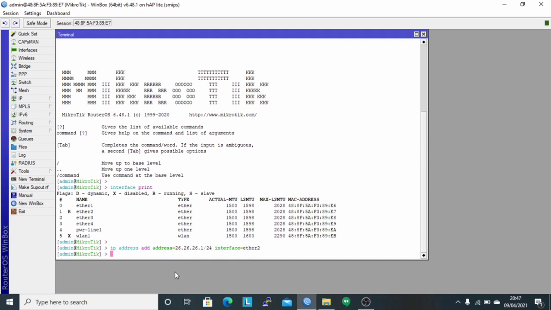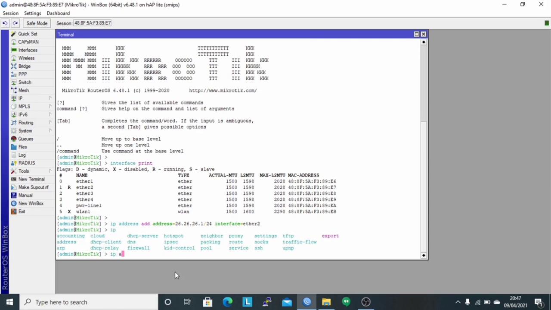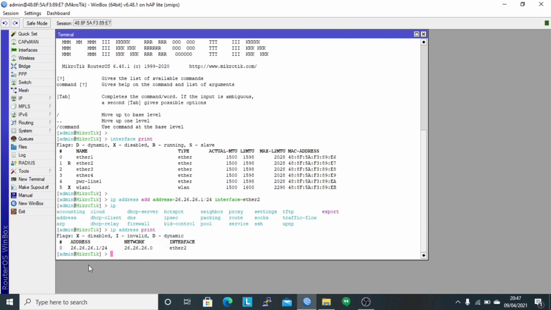Next, check the IP address that has been added using the command IP address print. Here it can be seen that we have successfully made an IP address for the Ether2 interface, namely